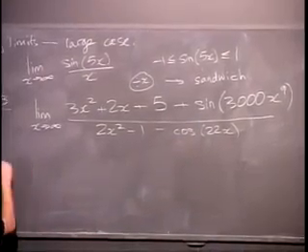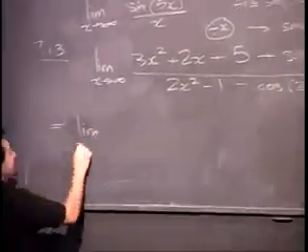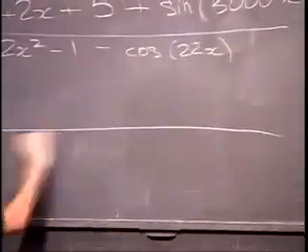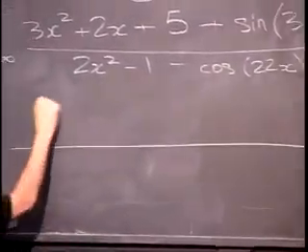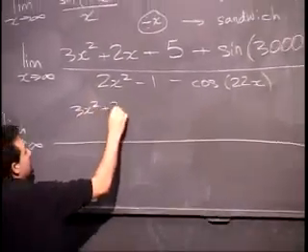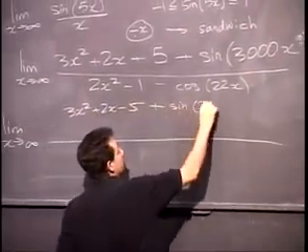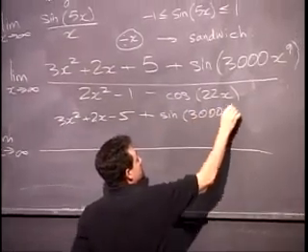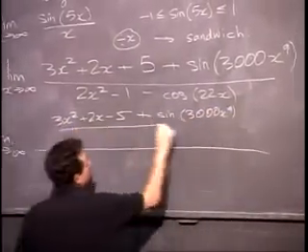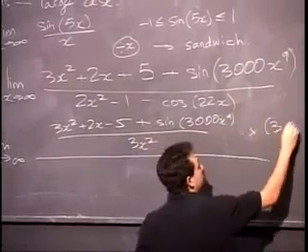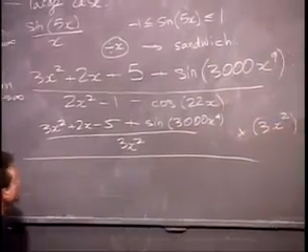So basically, I'm going to follow the same advice that I did as if it was just a poly over a poly. Take a big fraction bar like this, because you're going to need a lot of room, and divide by the leading term. Well, the leading term is just 3x squared. And of course, I have to multiply by 3x squared to correct it. And then on the bottom,